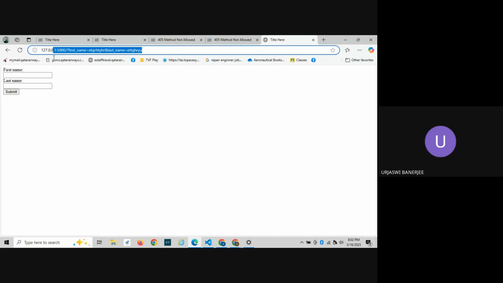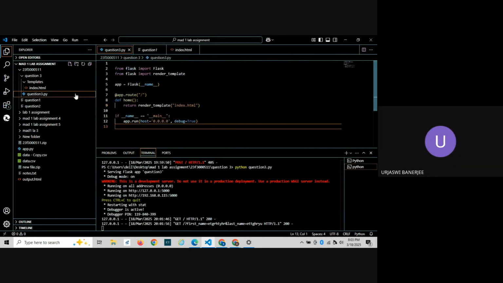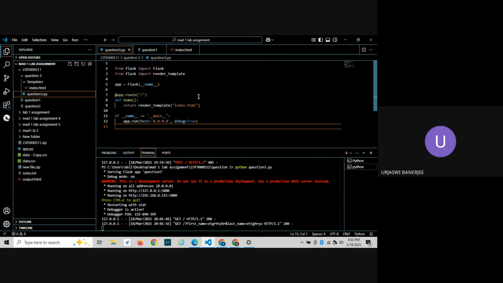That is because, go to the Flask application, question3.py. In the app.route, you remember, we have to say comma methods equals to get comma post, right? Since get is the default method, get is always accepted, but post is not a default method. पोस्ट को हमको लाइक अलग से लिखना पड़ता है यहाँ पे. ओके, पोस्ट को हमने